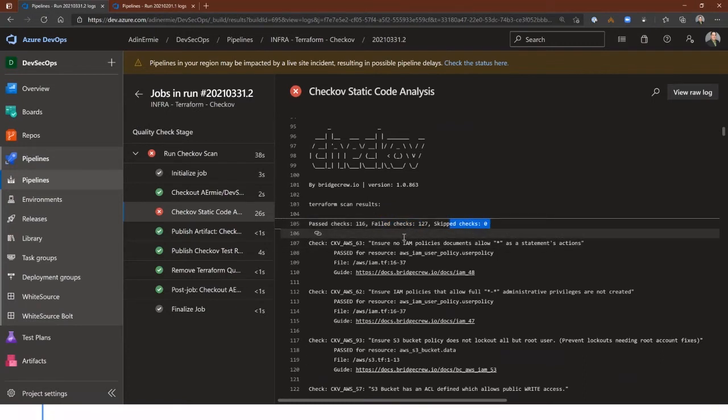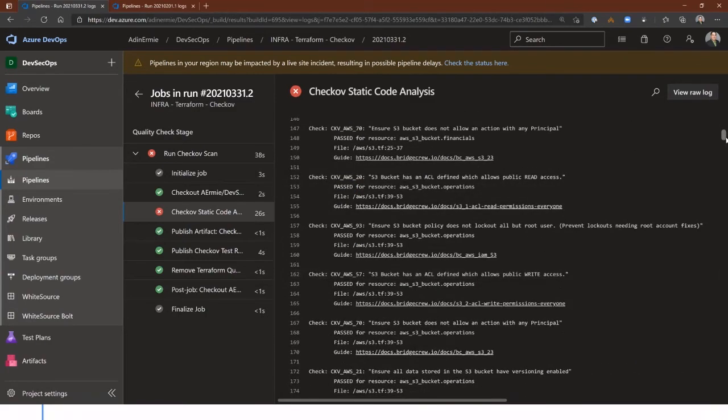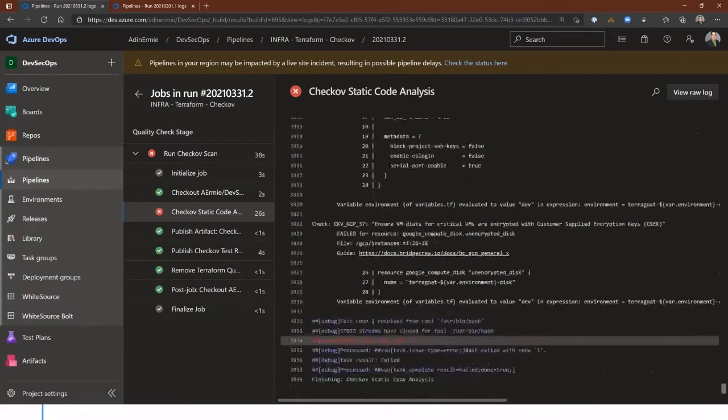I've targeted a directory that has a mix of AWS Terraform and Azure Terraform code, so you'll see a mix of AWS and Azure outputs. Here's the rule, here's what it's trying to check for, and this one passed, which is great, but let's jump down and find one that failed. There's going to be one at the bottom.